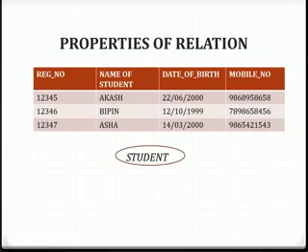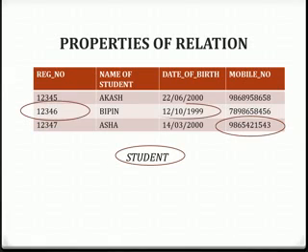The next rule says that each and every cell can hold exactly one value only. That is the domain. Only one value can be held in a particular cell. So here you can see 1 2 3 4 6, then 12 10 19 99. All these are values of a cell, so it will hold only one value in that particular cell. It can't hold more than one value.